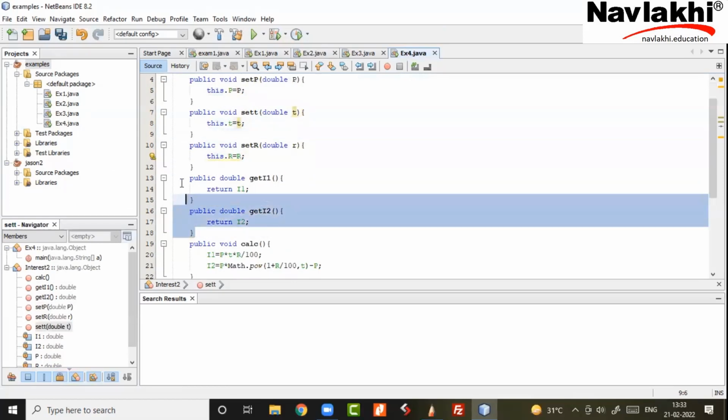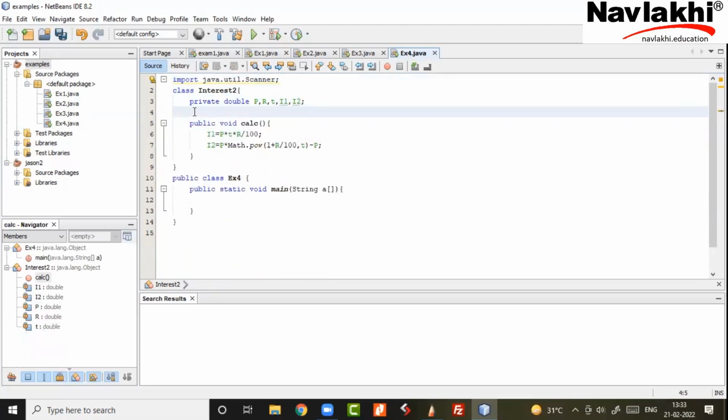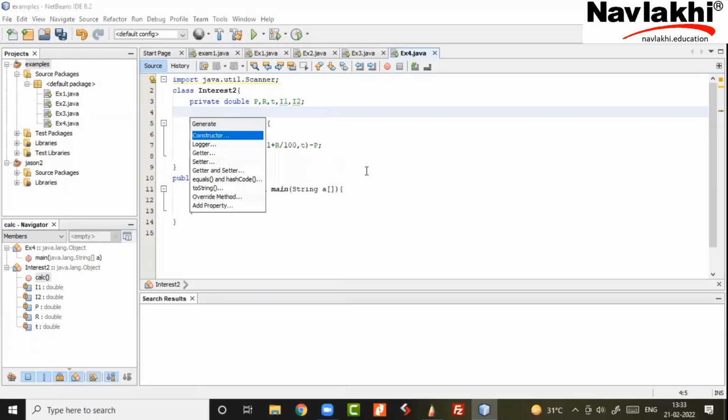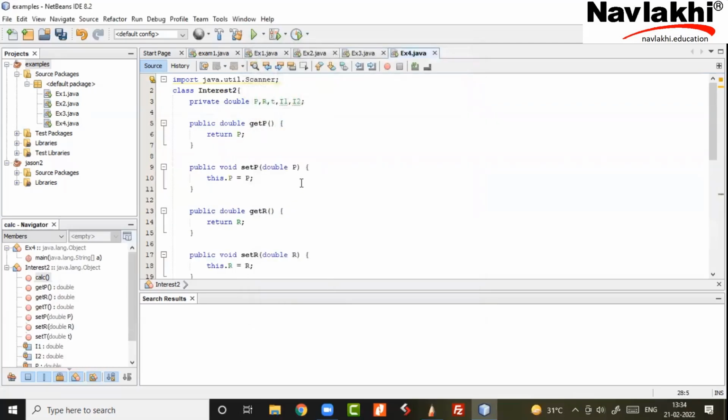Now, why is this an industry practice? So many software tools have incorporated this automatically. I'll just take a second and show you. If I right click out here, there will be an option to insert code, and there is getters and setters. Now I have to specify for whom I need it. Generate getters for whom? Getters is for P, R and T. Correct? It's asking about the getters. If I want setters also, I'll have to delete. Now if I generate, it will do all the getters and setters.